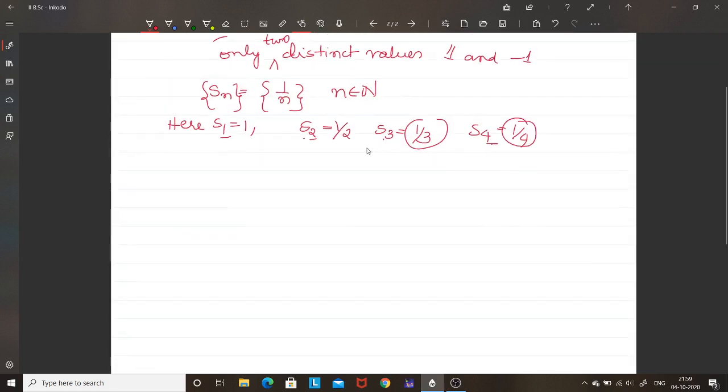Now we shall talk about the range. What is the range? The range is the outcome of the sequence, the outcome value. When you put the value in the expression for Sn, you get some answer, and that is called the range. So we can say the range, or the range set, is basically a set of values. We can take it as a set. The range, or range set, is a set consisting of